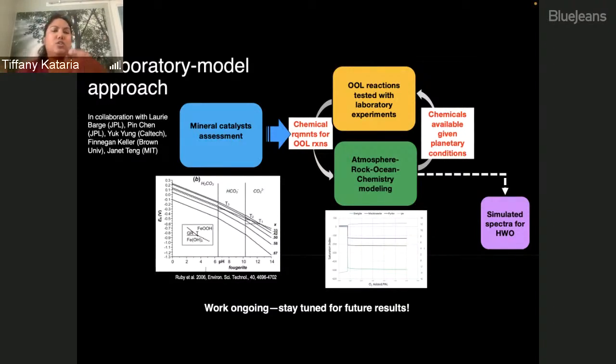but then taking a laboratory and a modeling approach to understand not only the reactions themselves for many of the CHNOPS elements, carbon, hydrogen, nitrogen, oxygen, phosphorus, and sulfur. We don't understand a lot of how that chemistry proceeds, and so testing that in the laboratory is important, coupled with an approach that takes into account the entire closed system, the atmosphere, the ocean, and the geology. And then, of course, trying to link all of that to HWO. So a tall task, it's still work ongoing, and we're really just trying to refine the phase space by which we could think about the origin of life for HWO and future missions.